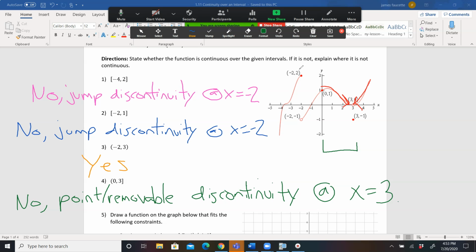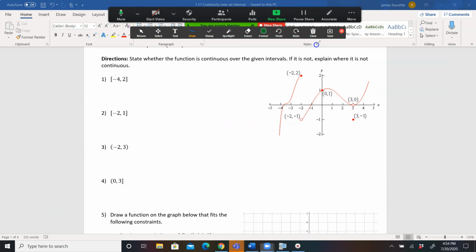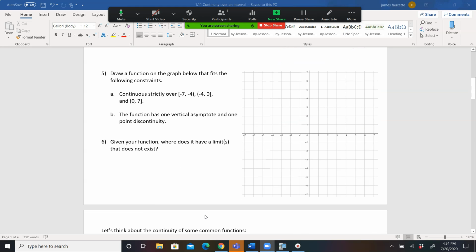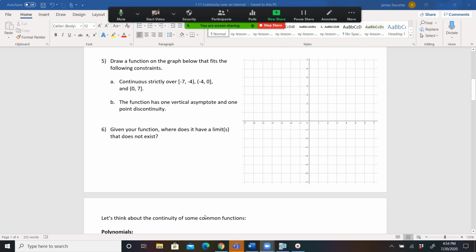Okay, so let's erase this. And now we're kind of going to do the opposite. We're going to work backwards. They're going to give us a description of a function, and we have to now draw what that function looks like. And of course, you could have an infinite number of answers here, but take a second and try to sketch one out yourself. Look at the two constraints, A and B, and see if you can draw a function that